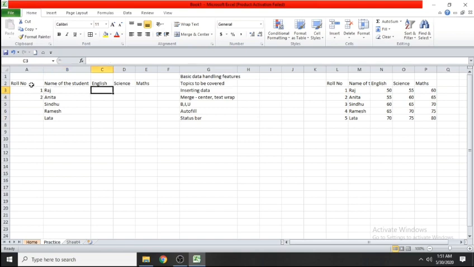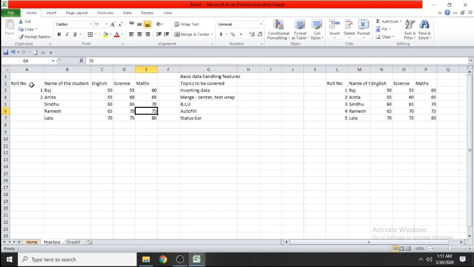Now I'll just put some random marks. Wherever you want to insert any key, you just have to keep your mouse pointer, keep your cursor over there, and accordingly you can start typing. So I'm just putting random marks. I'm pressing enter along with the typing of the marks. Science also I'm giving marks. Some random marks I'm giving too. So accordingly it will take it.